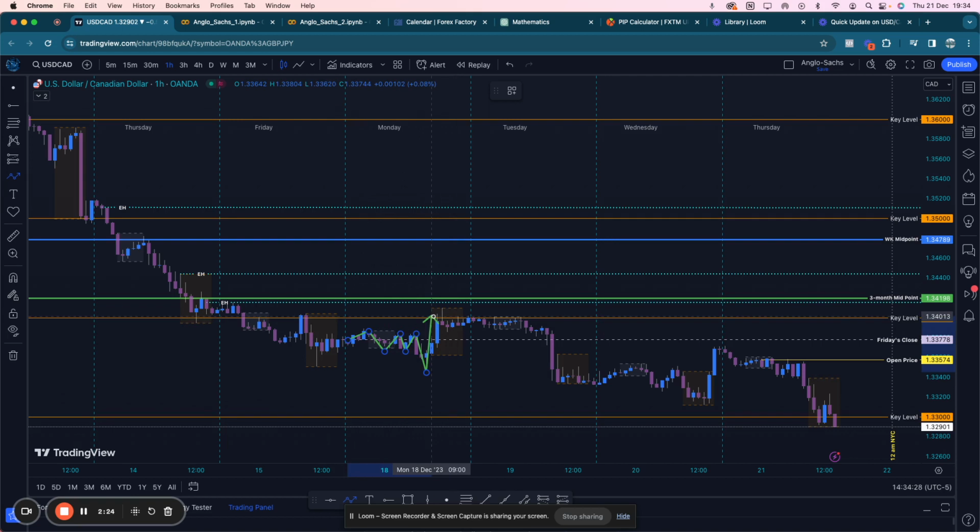The good news is I did enter the trades around here because the conditions were perfect, and I held until here on the Tuesday in London. Price did not close above this key level, so I was very conscious of that. When I was holding my trades, I was very aware that if price struggles on Tuesday to break through and start to attack this area here, which I've deemed